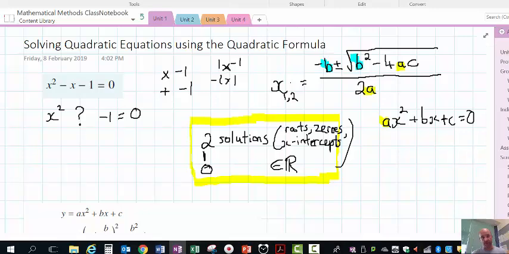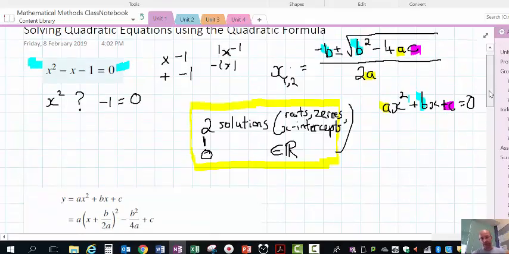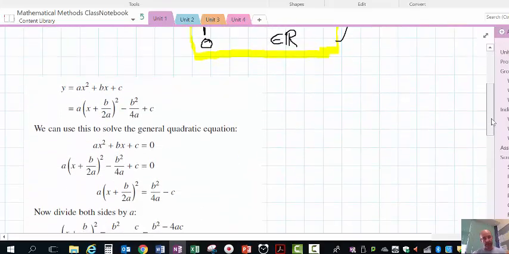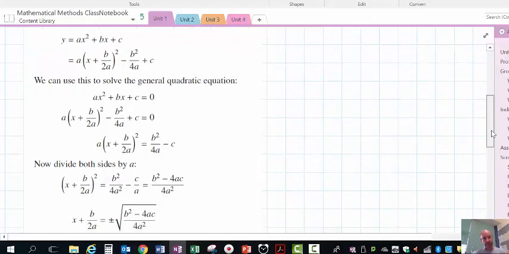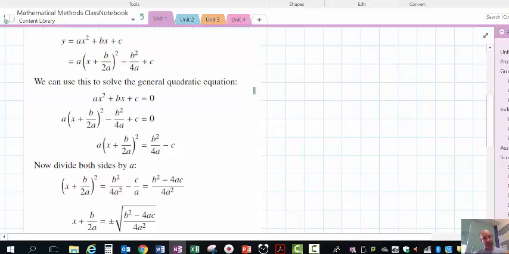That's a fact, because we can look at a derivation of this and see that these are the same coefficients a, b and c. Before we go ahead, you might be thinking, why won't he do this question? He will, but there is a derivation, and if you want to put the video in pause mode to look at where it comes from, there's a bit of a derivation of the formula there, starting, as you can see, at our quadratic